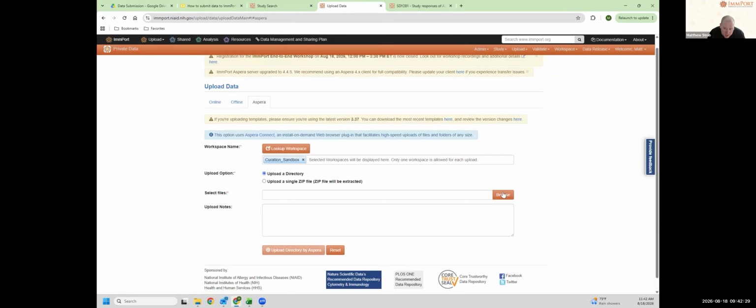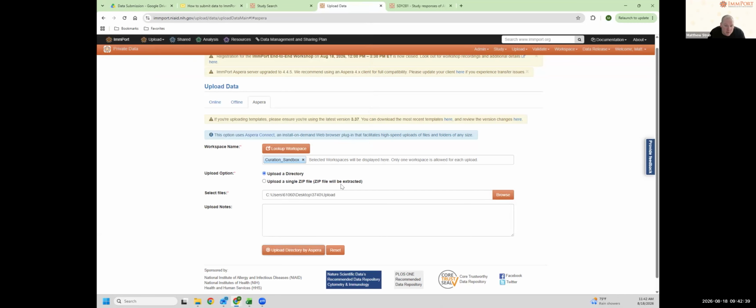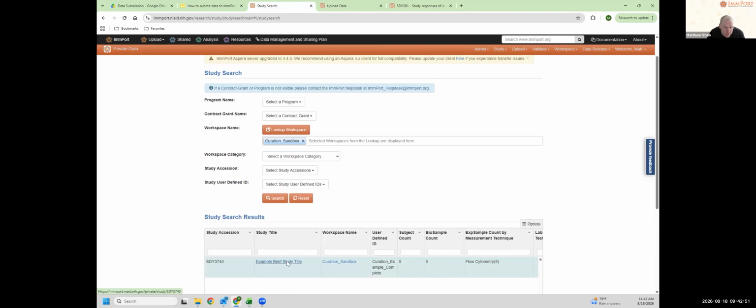And I'll select upload a directory. So essentially, you'll save your templates and your FCS files in the same directory. And you'll select that folder, upload it. I'm not going to do that now since it takes a few minutes, but once your study is uploaded and you go back to your private study page,